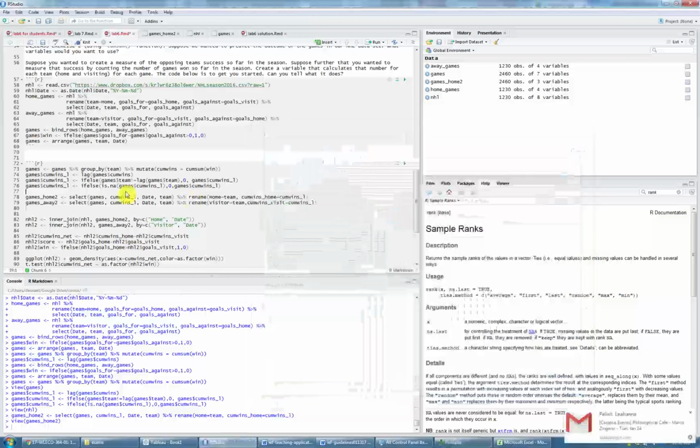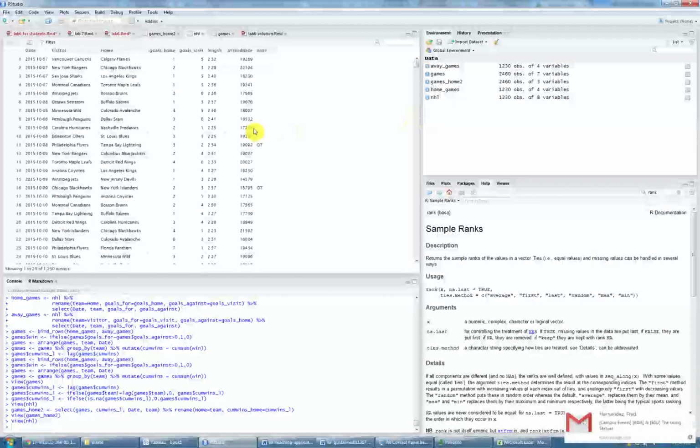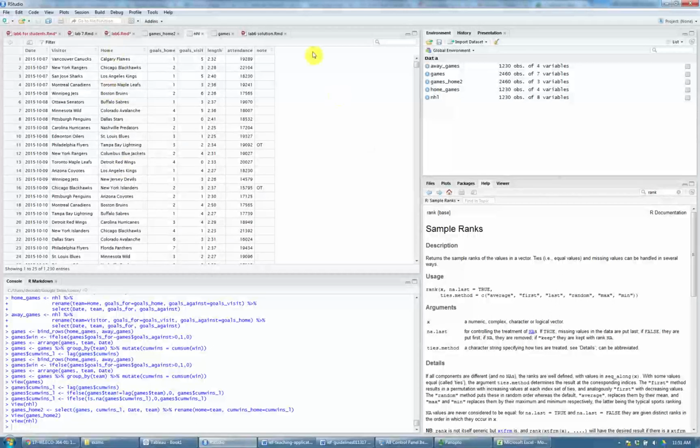So now that we have cumulative wins lagged all cleaned up, we need to take the games data frame and merge it back into our NHL game level data frame. How are we going to do that? Well, in the NHL data frame, we have the visitor team, the home team, and what we would like to